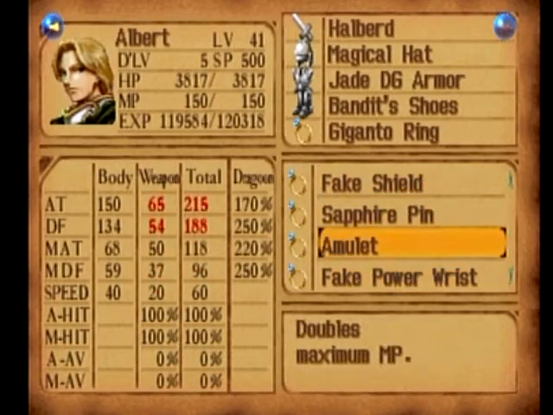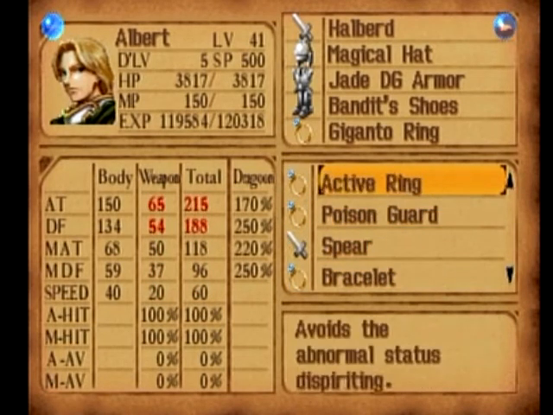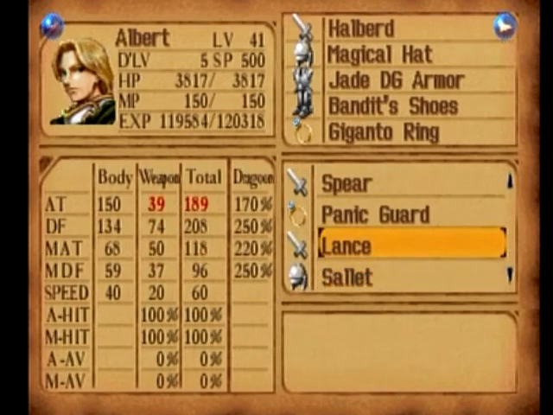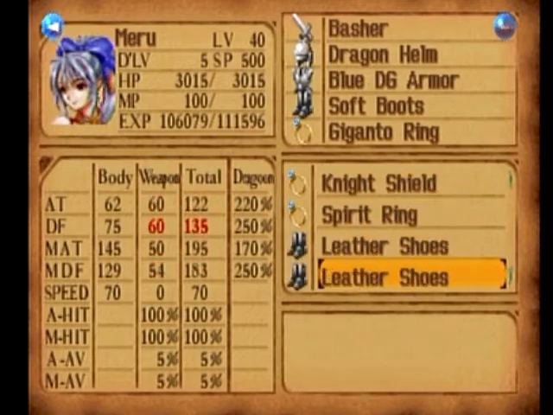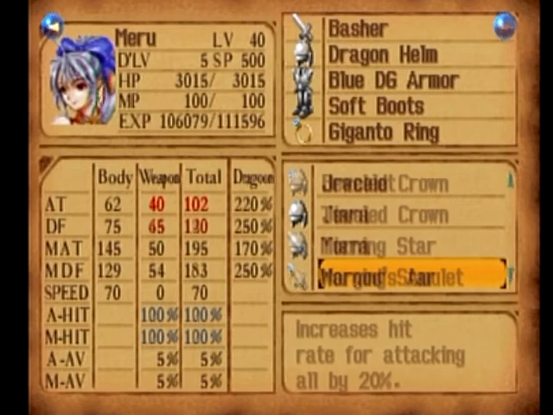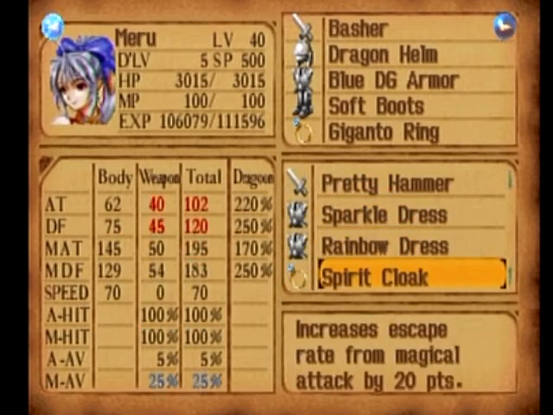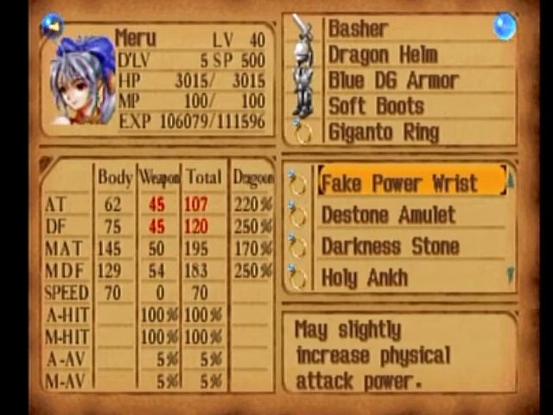I'm going to equip the Panic Guards on Albert and Maru. I know my first Panic Guard was somewhere up here, pretty high up. The reason for this is because Melbu Frama can do an attack which confuses the entire party. And if you get hit by that and everybody gets confused, that will really, really suck. I mean, yeah, we're going to be lacking the attack power of the Giganto Rings, but honestly, it's okay. It'll make the battle a little bit longer, but...